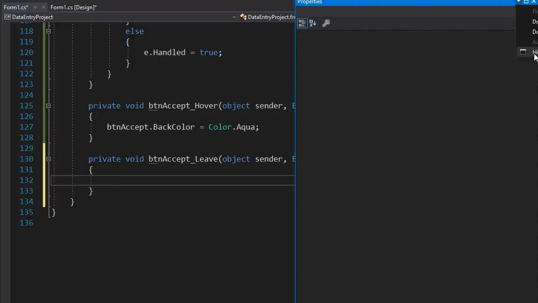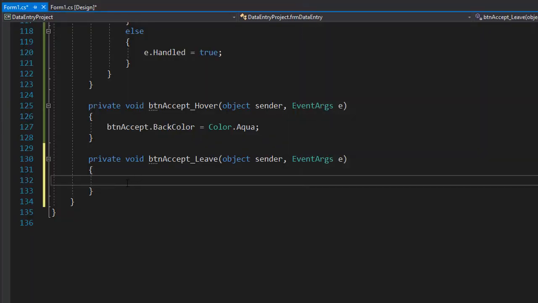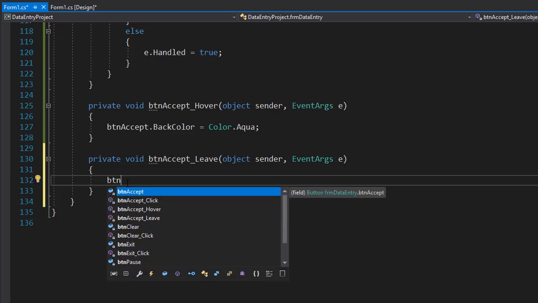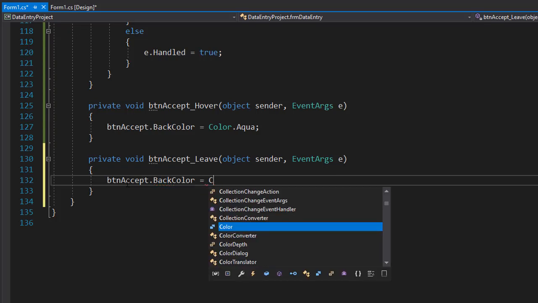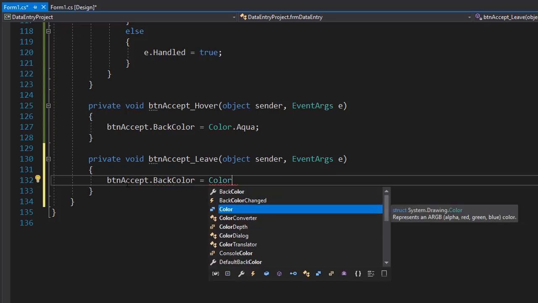Let me move this away again. So here is my event, and all I want to do is change the color back to what it was. So I will do again btnAccept dot BackColor, and the color I want is